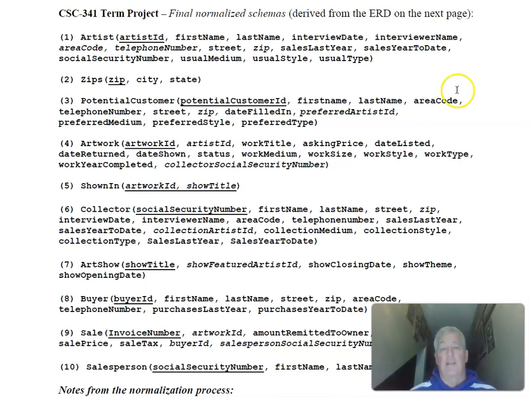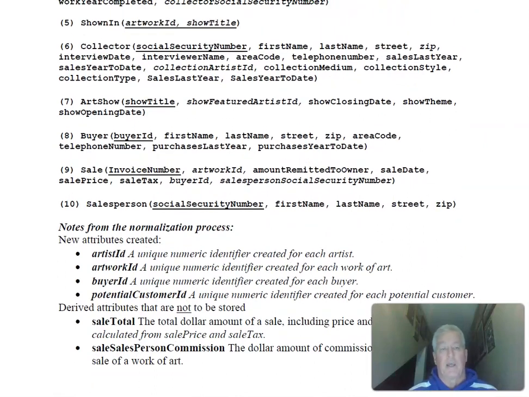As you'll see, in the end, I ended up doing just a couple of different things with the normalization, which is basically I created a zips relation, and that was pretty much the only new relation that I created because the model itself was pretty strong to begin with. The other thing that I did here, as you'll see, I've listed, is that I did create several surrogate keys. For instance, the artwork